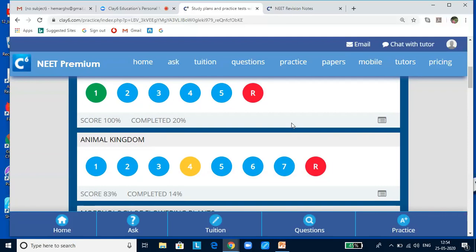Now I'm sure NEET is around the corner. You must be thinking, what are the kinds of questions that would come up in the examination? Based on our analysis of the previous years' question papers, we realize that there are 3 types of questions. One is NCERT based. Approximately 68 to 70 questions are asked directly from the textbook.